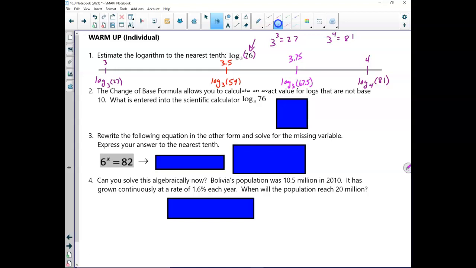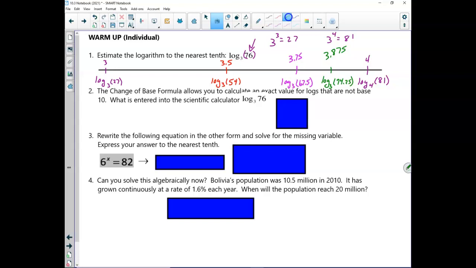Well, is it going to be 3.8 or 3.9? So the last thing I would probably do is say, what's between 3.75 and 4? That would be 3.875, and I would expect that to be a log base 3 of, well, what number is between 67.5 and 81? Maybe